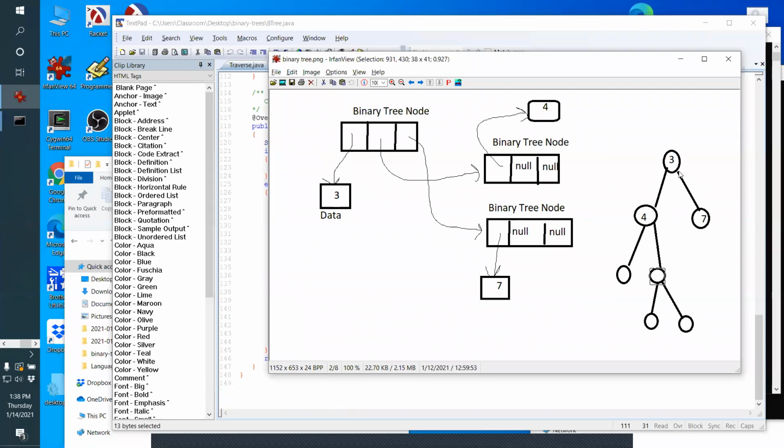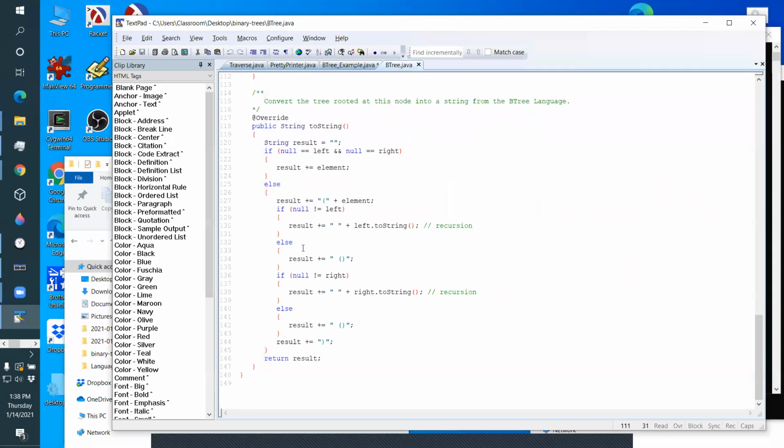When this tree wants to print itself, it basically prints a 3. Then after it prints a 3, it says, you print yourself. So then this guy prints himself next to the 3. Then when this guy's finished printing himself, he says, okay, now you print yourself. Then he gets printed right after his output. So there's the recursion. When you print this tree, the code's a little bit messier, but you're going to add,